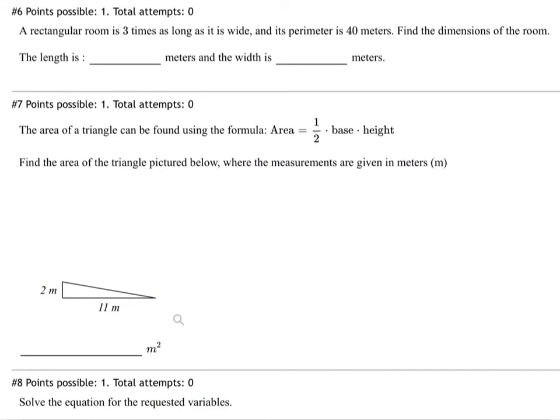Let's see, number 6. A rectangular room is 3 times as long as it is wide, and its perimeter is 40 meters. Find the dimensions. Okay, so it's talking about a rectangle. So let's draw one. I think that'll help. So if we draw a rectangle, and this is width, length,